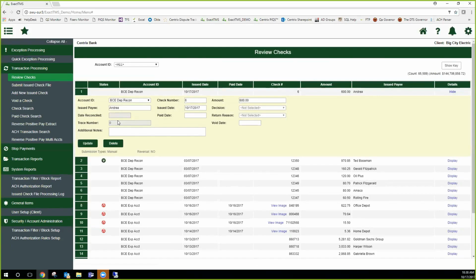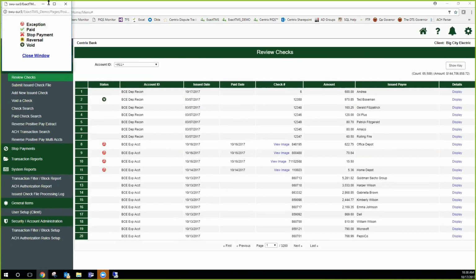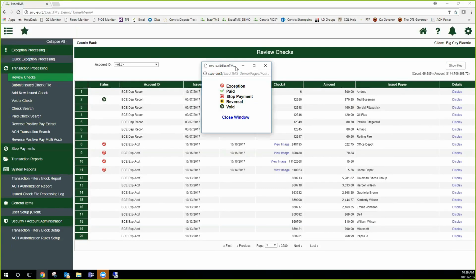It's going to go ahead and show me the trace number and additional information on here. And then again, I have my view image links right here sitting in the check number field. Now, we do also put different statuses on items. What you can do here is click on the show key button, and it's going to show you,